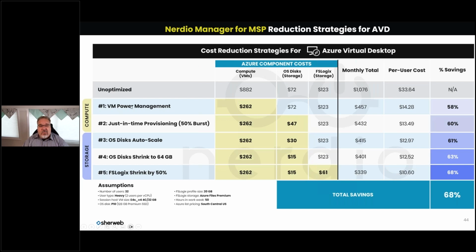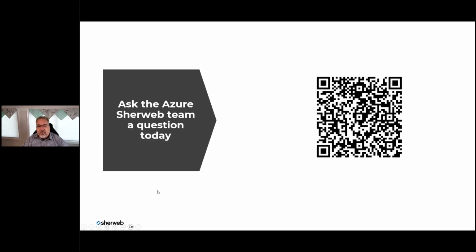Here's another slide about compute. There are some numbers down here at the bottom. I don't have time to go through this slide, but depending on how you manage it, there are different amounts of cost savings based on the setup below.